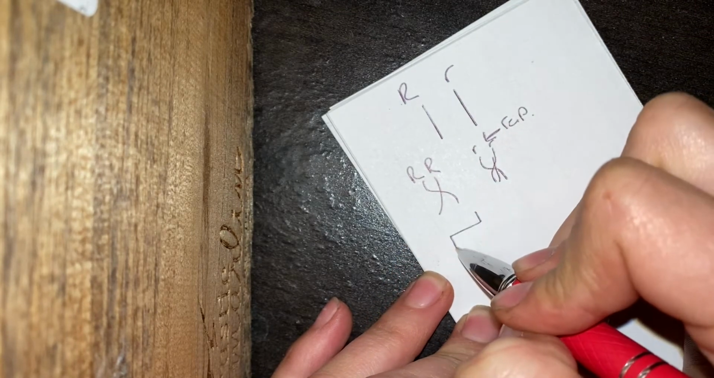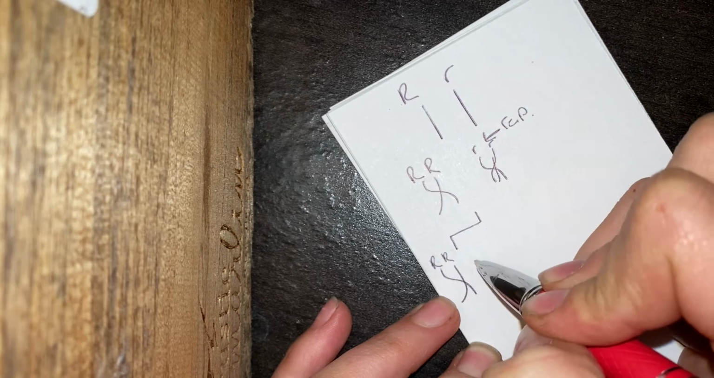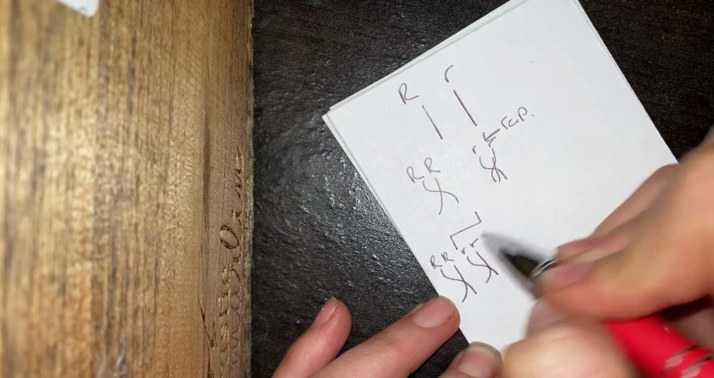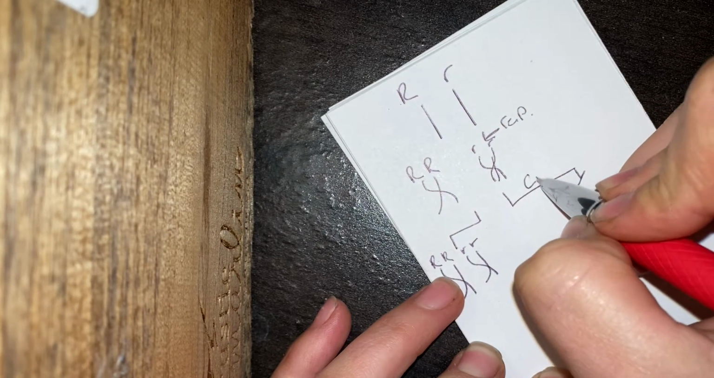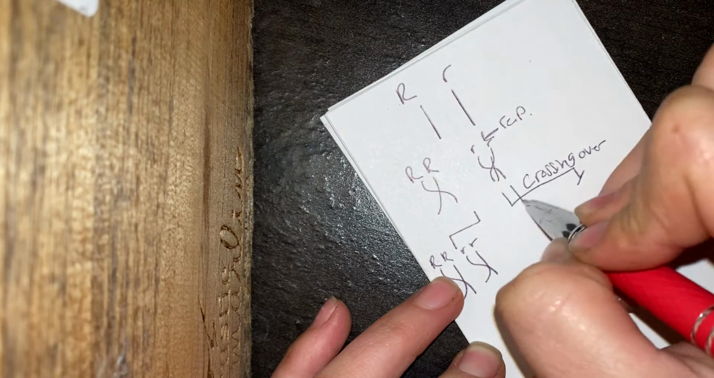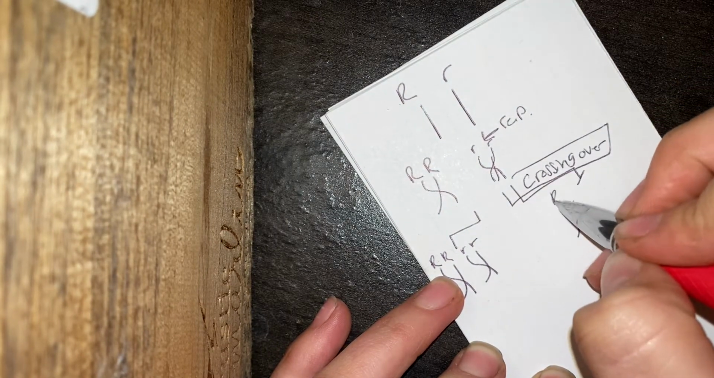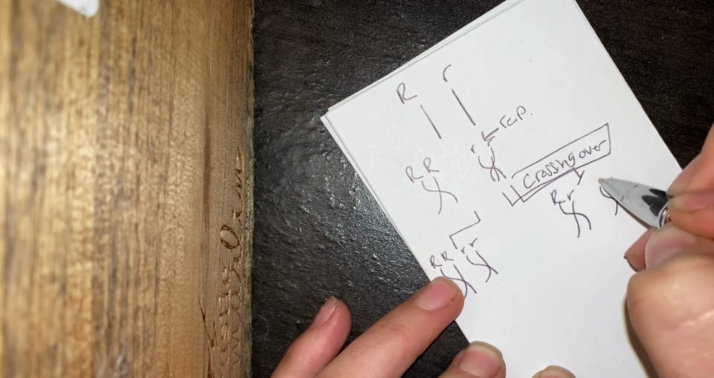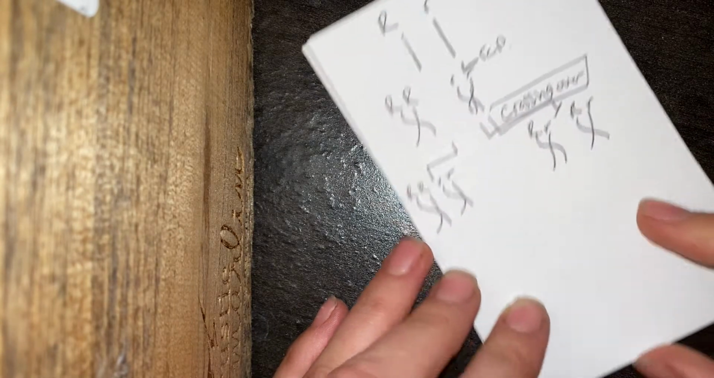From here you can either have non-crossing over or crossing over. First, we're going to go with non-crossing over, which is just your typical parent crossing, and then we're going to go to the most important part, which is the crossing over. With this, each gene is going to be a capital R, lowercase r, capital R, lowercase r. From there, you can use a Punnett square